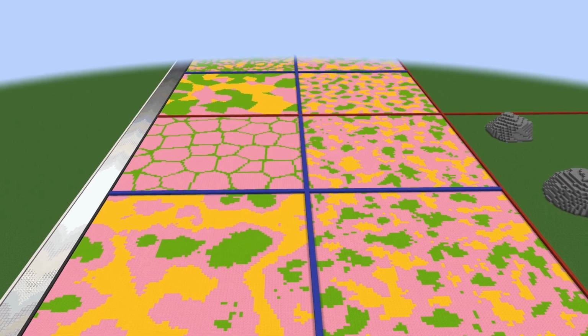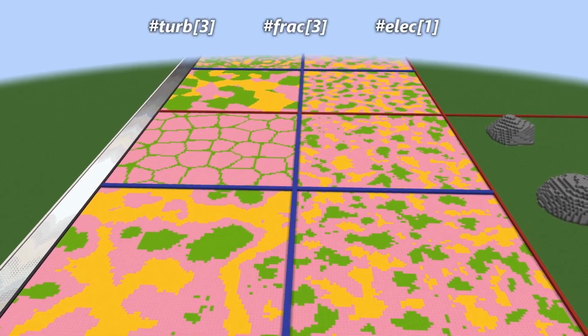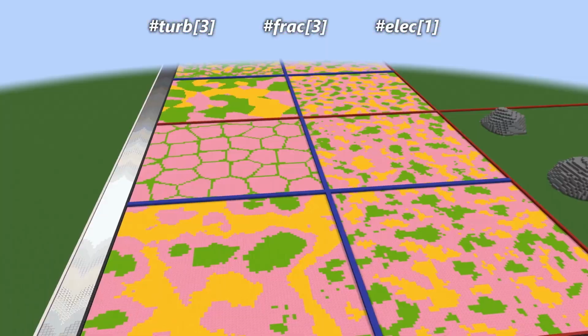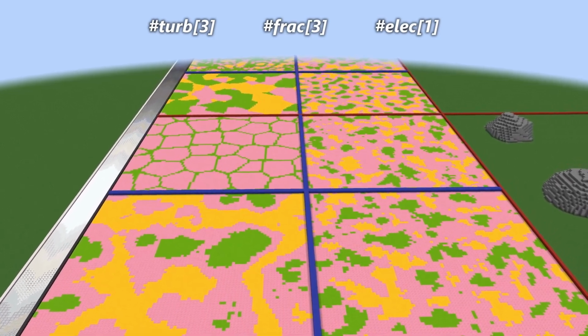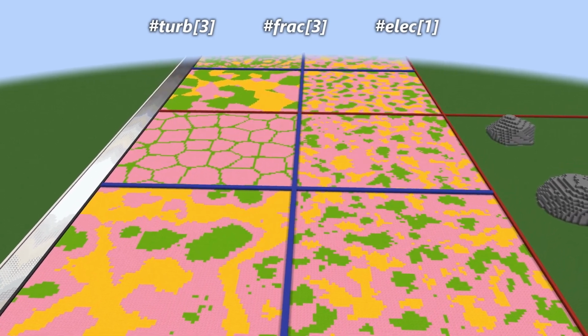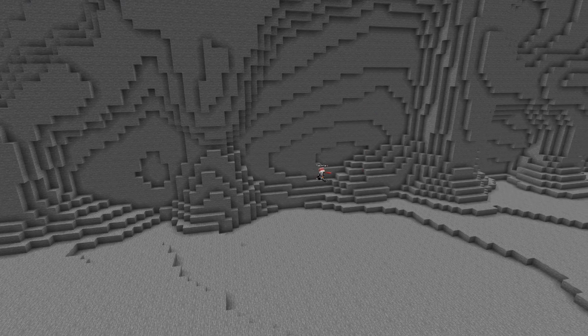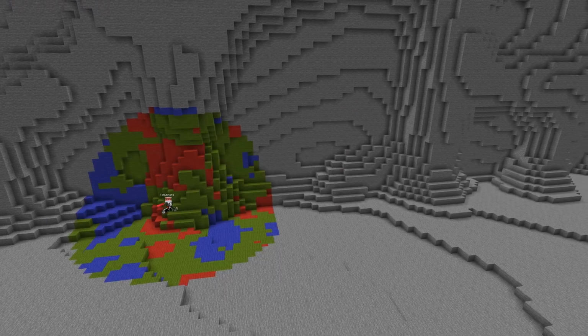The Archeon plugin has a few interesting noise patterns: turbulence, fractal, and electric. However, they seem rather similar to the purlin and RMF patterns from before, and so I don't consider them to be that useful. Sometimes the server will have a limit on the number of blocks that you can change with